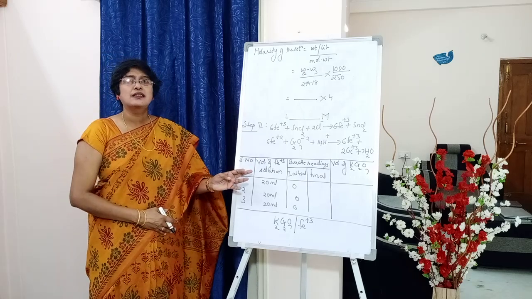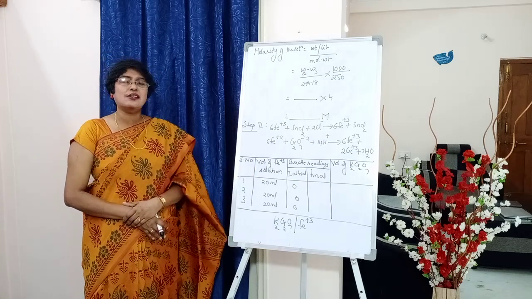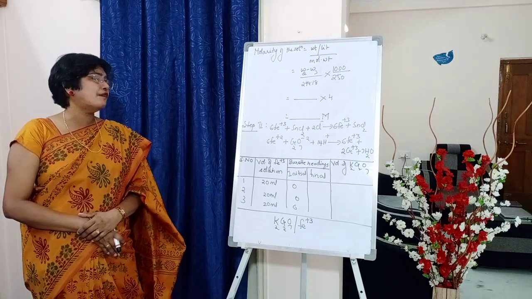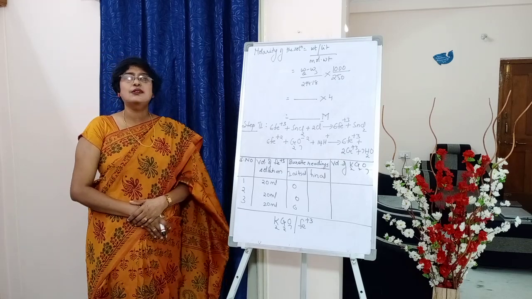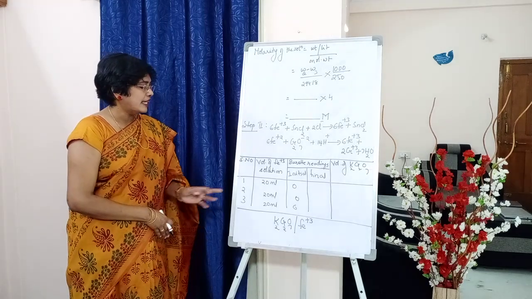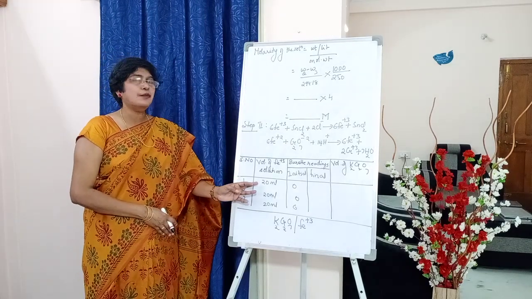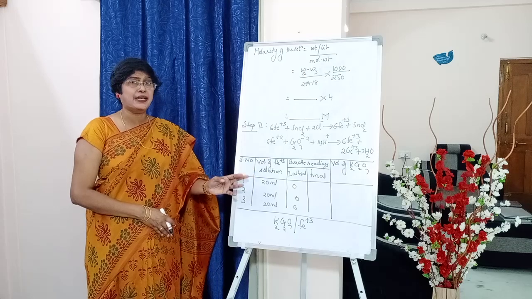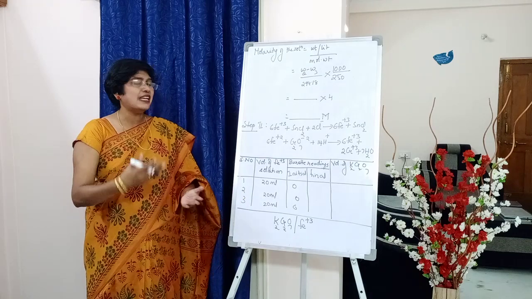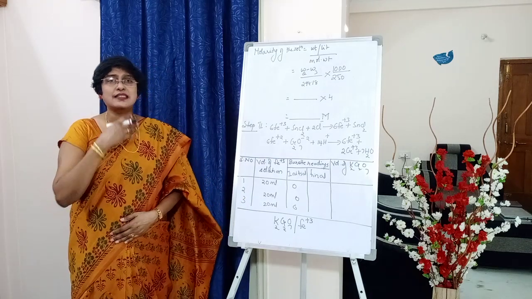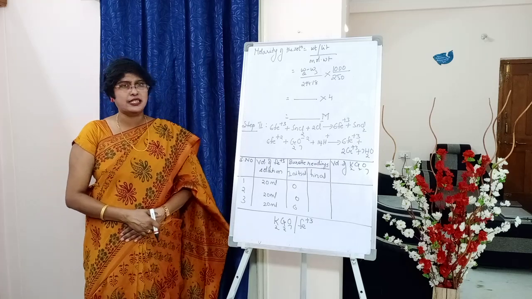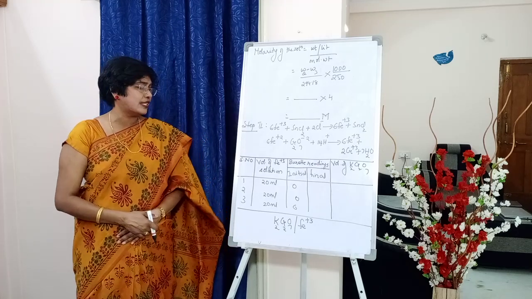Serial number, volume of Fe+3 solution, burette readings, under burette readings, initial, final. The last column, volume of K2Cr2O7. Next, serial number 1, 2, 3. Volume of Fe+3 solution, how much we have pipetted out? 20 ml, 20, 20. Initial readings will be 0. Final reading will be the reading at which we get the blue color, and final minus initial gives us the volume of K2Cr2O7. That will be our burette reading, students.